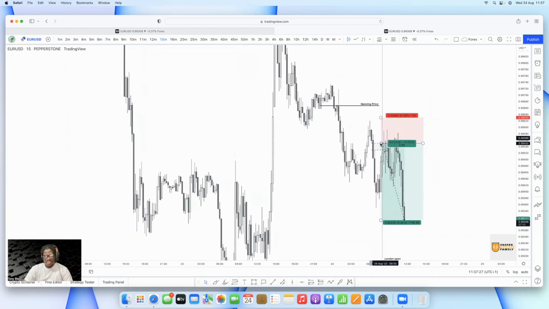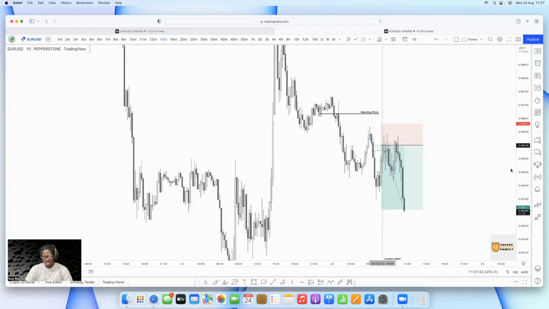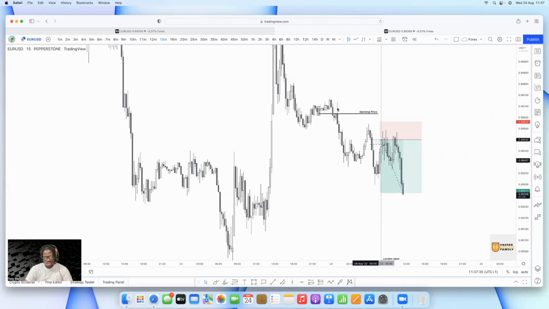And then, although you couldn't catch the earliest entry here, at least this was a good trade for you. And then you took this, the structure was already bearish: lower low, lower high, lower low. So that is how to catch it, that is how to identify